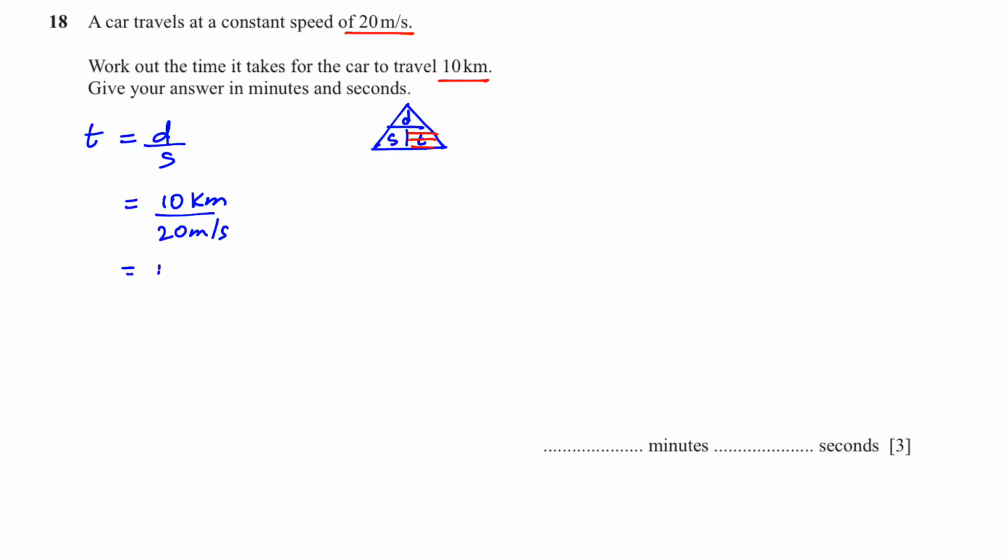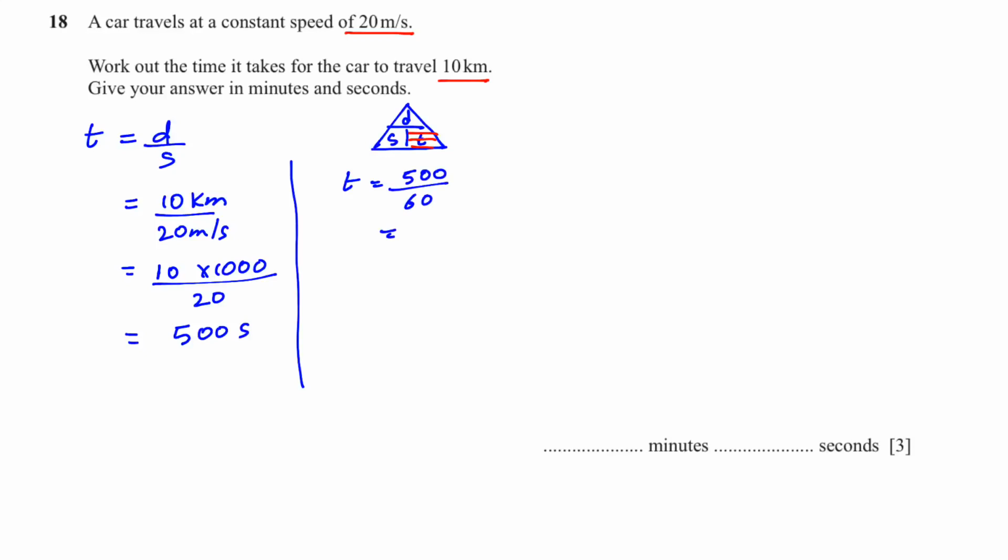1 kilometer is equal to 1000 meters. So if I want to change kilometers into meters, I have to multiply by 1000. This, when I put in the calculator, will give me 500 seconds. But I need my answer in minutes and seconds. We know that to convert seconds into minutes, we divide by 60. So 500 divided by 60 will give you,